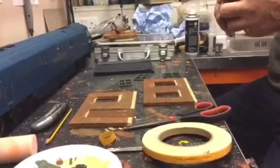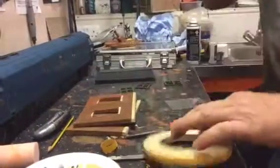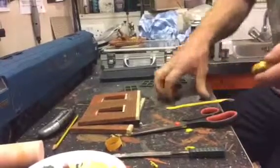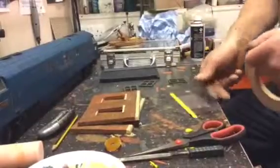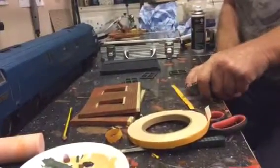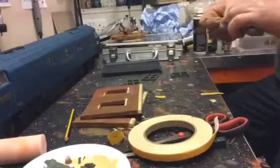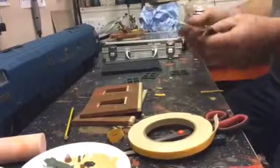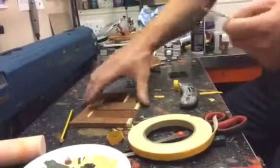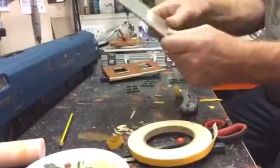Peel the protective layer off. Okay, then double-sided tape down both sides. Just whip that off. A fingerprint in the thingy, that's fine. Then stick it on the back, turn it back over,